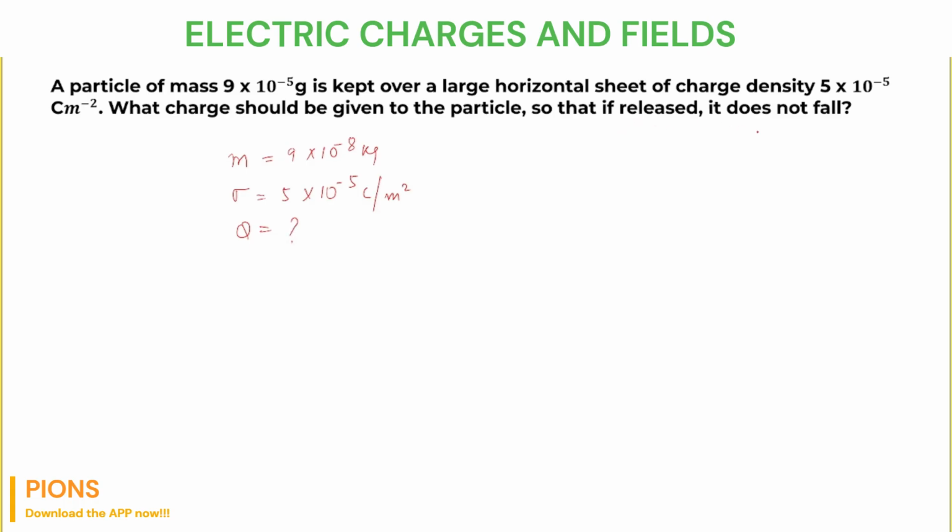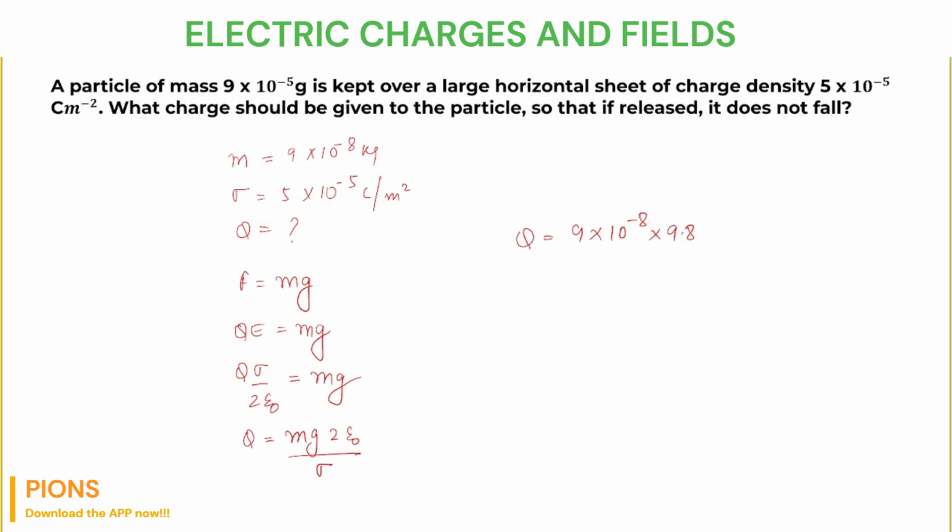So if something is falling, it is falling because of gravity. So simply force must be equal to mg. And force is nothing but Q into E, that is mg. And E for a sheet is sigma by 2 epsilon naught, that is equal to mg. Correct? So here Q will be equal to mg into 2 epsilon naught over sigma. So let's substitute the values. Q will be equal to M, which is 9 into 10 to the power minus 8, G is 9.8 acceleration due to gravity,